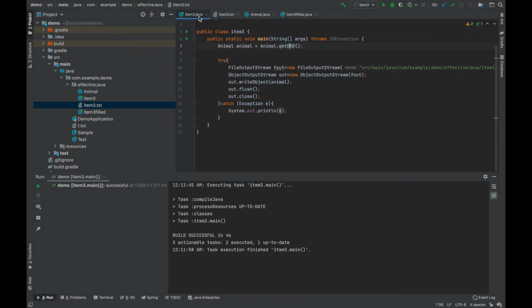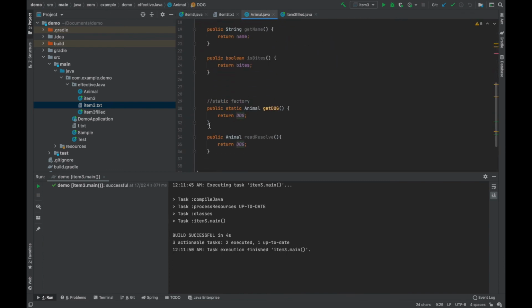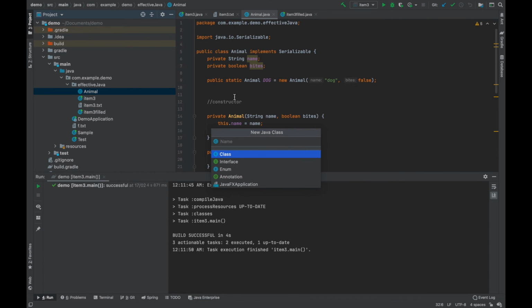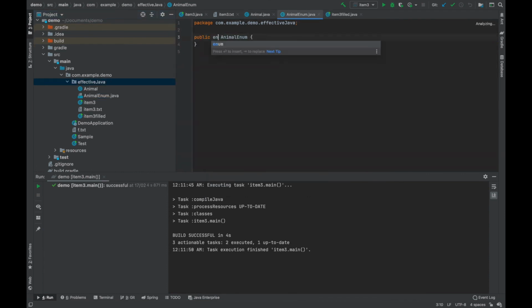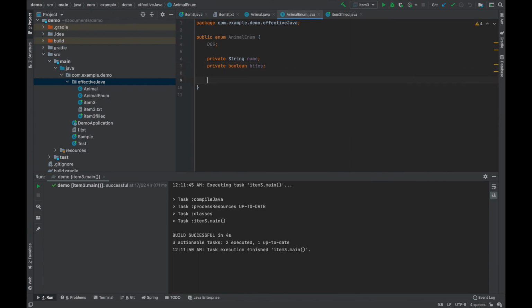Another simpler way, if you don't want to use this private constructor and static factory method, is to use an enum. So let's say I create a new class named AnimalEnum, and I make it an enum, and I have dog. I'll have those two variables here also, private String name and boolean. I'll add a constructor for that, and I'll also add getters.